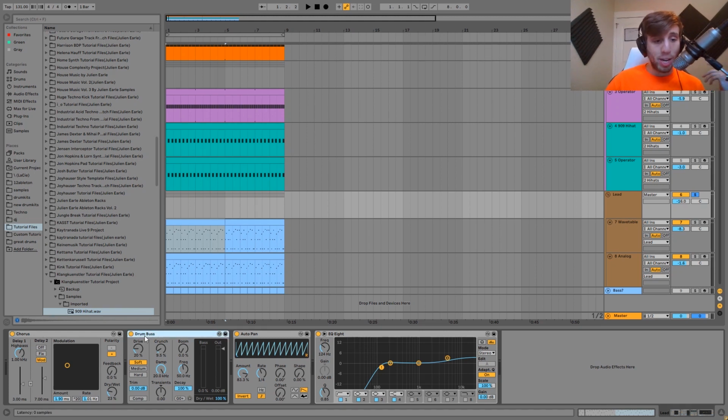And yeah, after that we have a bit of drum bus. This is just tying these together. And this really works as that glue to make it all really fat as well. And the thing with this one is you'll notice these are coming out pretty hot from the synths. If you look, the second one actually is clipping a little bit there, which doesn't really matter because it's all going through this stuff anyway. But